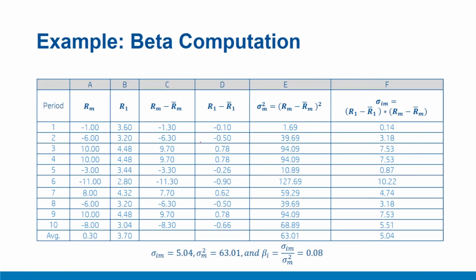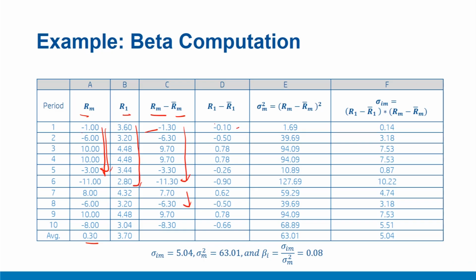Let us do a simple numerical example here to understand this process. Let's say we have these return observations given to us, market return observations and security return observations for security 1, let's call them R1, and RM for market returns. First, we'll compute the deviations from the mean, like RM minus RM bar. So the mean of RM is 1.3, so minus 1 minus 1.3, and similarly we'll compute deviations for all the observations.